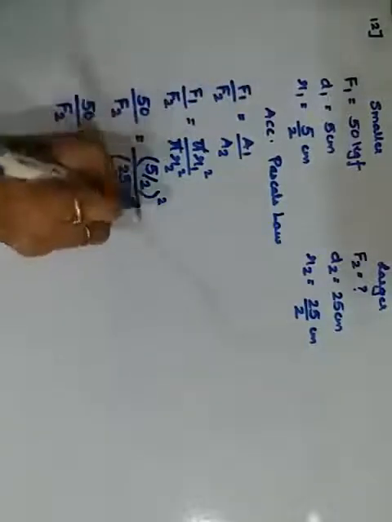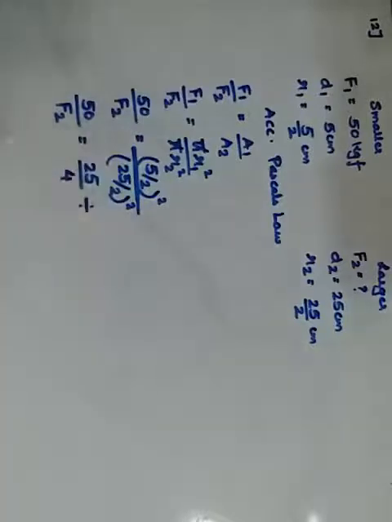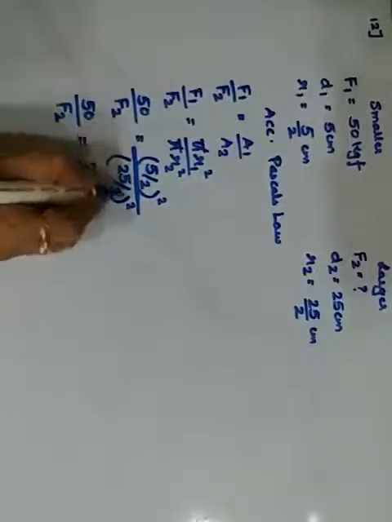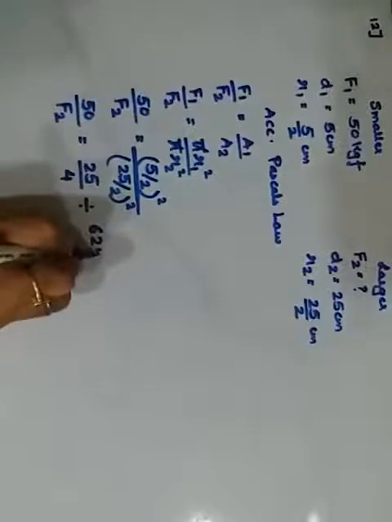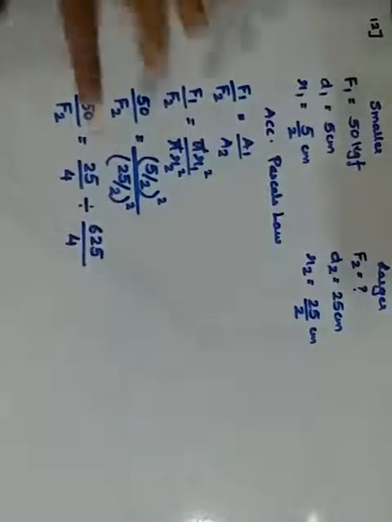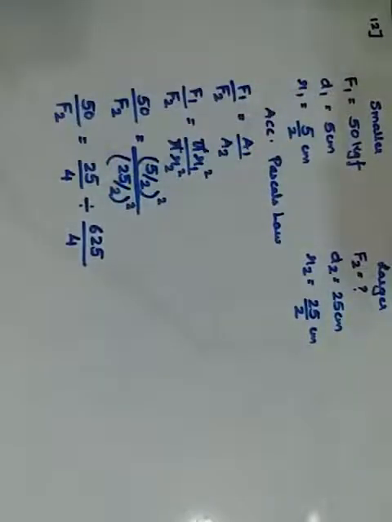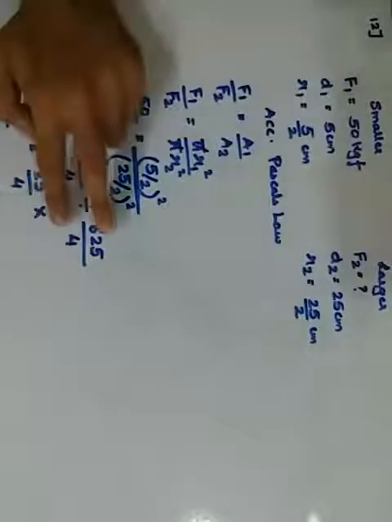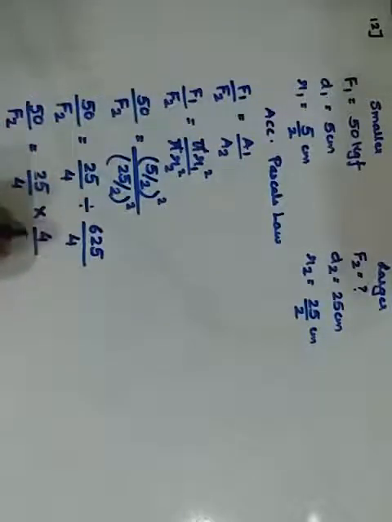ये जो फुल अपॉन है उसको मैं लिख सकता हूँ, अपॉन मतलब divided by what, 25 का स्क्वायर यानी कि 625 अपॉन में 2 का स्क्वायर that is 4. समझ में आ रहा है? इजी करके बताया है. फुल अपॉन को मैंने divide करके consider किया है. Now what will happen is 50/F2 will equal to 25/4 as it is, divide का multiply, so this will become reciprocal, that is 4/625. Cancel if possible. 4 and 4 cancel, 25 ones are 25 and 25 twenty-fives.